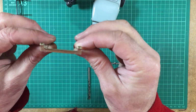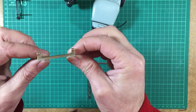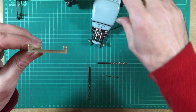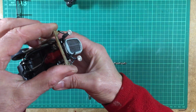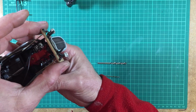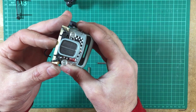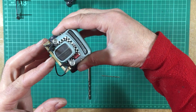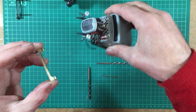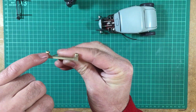There you are. All I've done is kept filing this beam down and down and down to lift this beam up into the chassis, making sure that it touches neatly and it just fits inside there like that perfectly. So that is now pretty much the exact height of the front of that axle. I'm very happy with that. That'll work. So now what I've got to do is shape in all these end pieces here